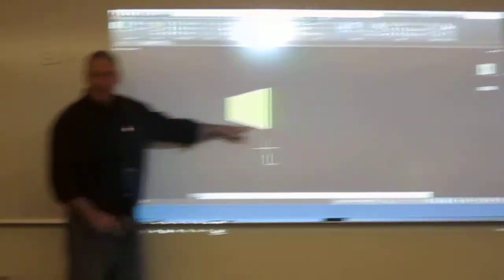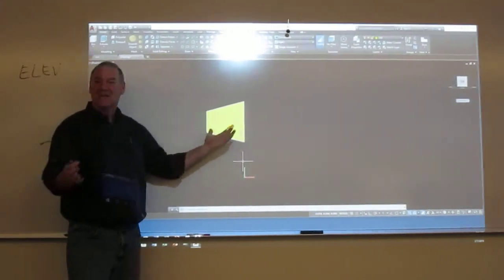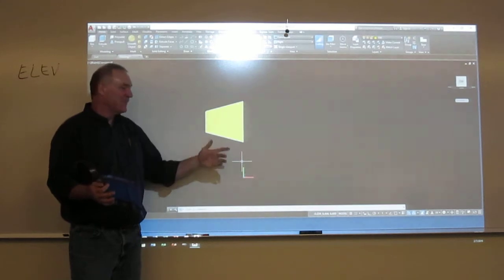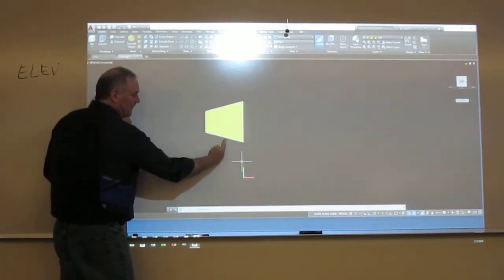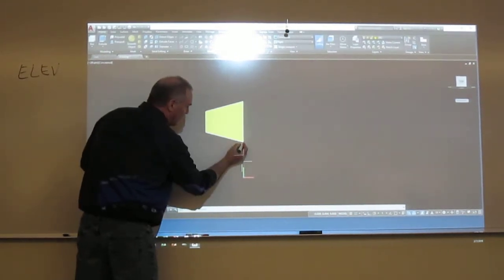Untaper this side. Generally, the only time I'm tapering is when most of my object is tapered. It's the only time we're going to use it. Other than that, we'll taper them after the fact. Now, the thing you've got to remember, if I'm going to untaper this front surface, which is here, that's why I turned to there, is it's going to work